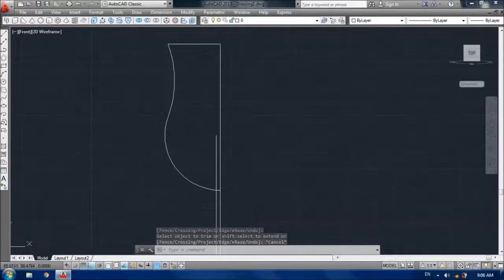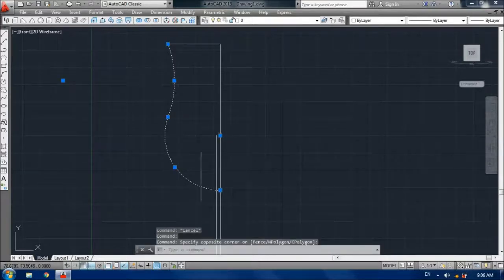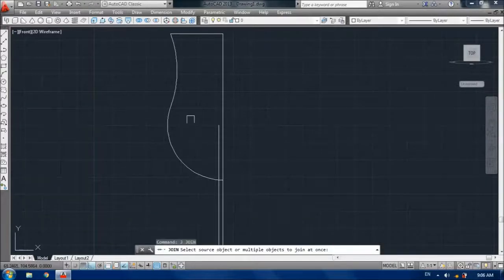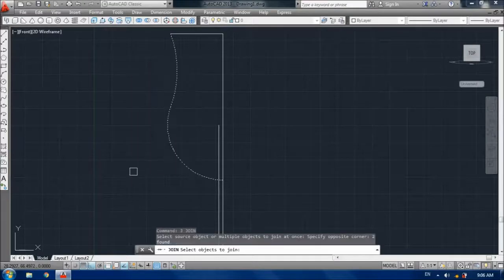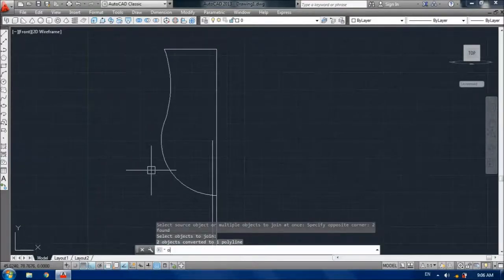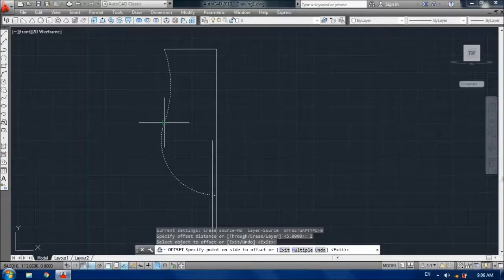Now these are different arcs. We have to make this a single one, that means we are going to join them. Press J, enter, select both arcs and press enter. Again select the offset command, give a distance of 2 mm and select it and copy to the inner side.